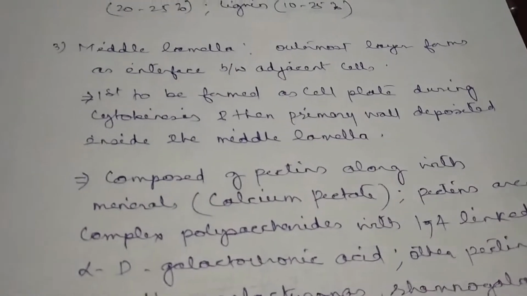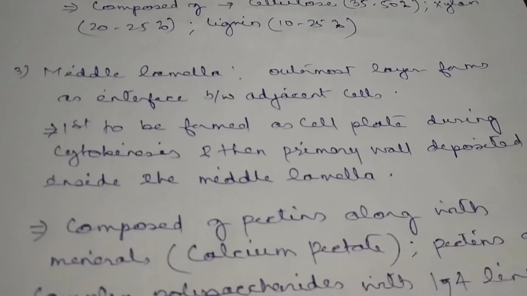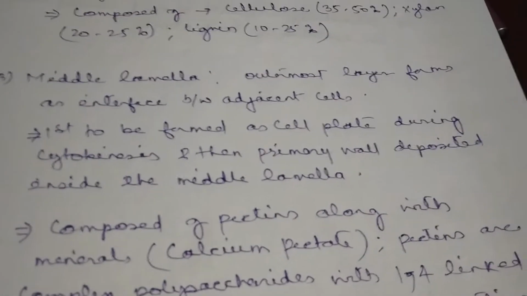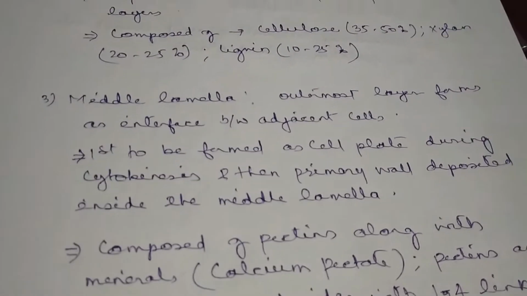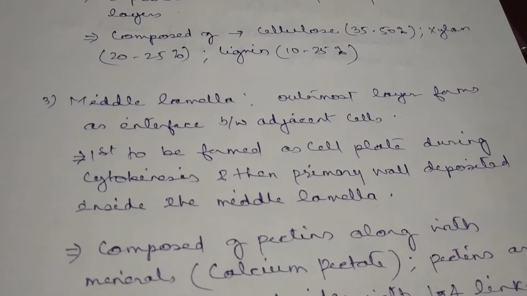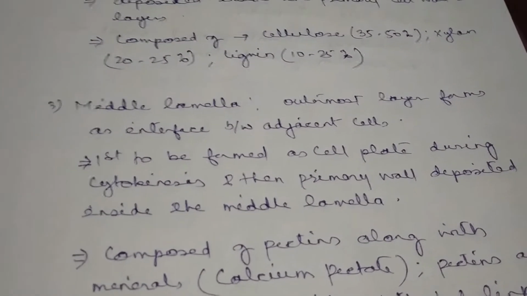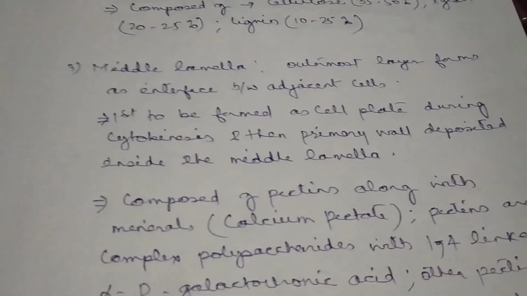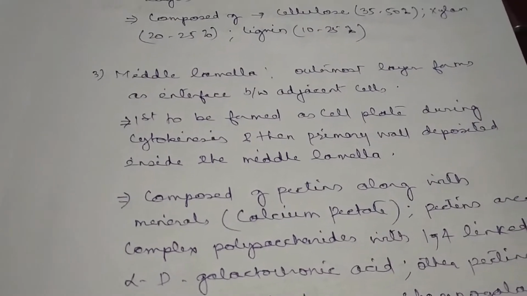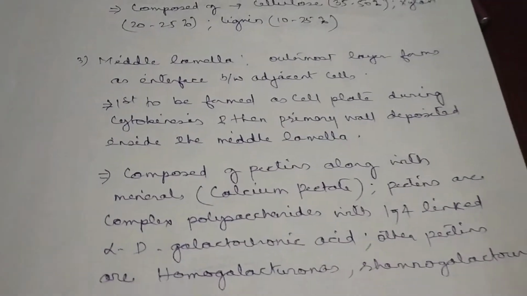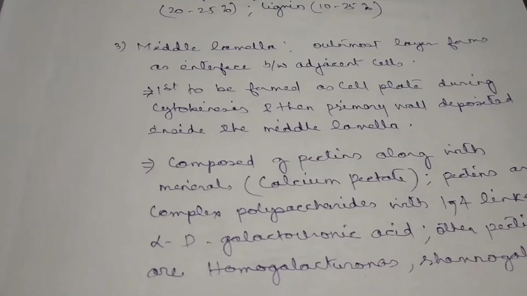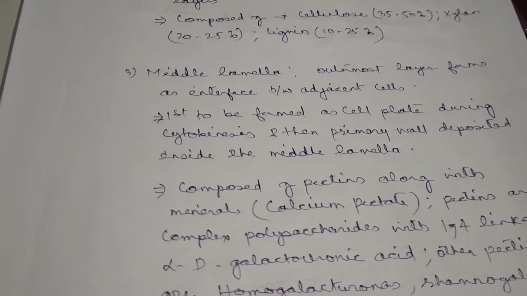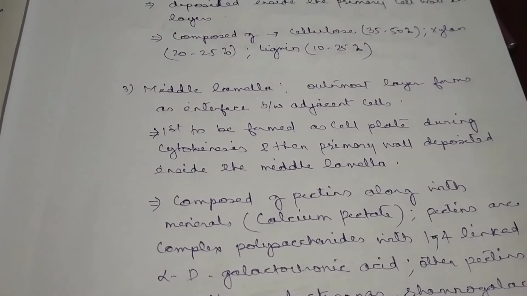A cell plate is formed by the vesicles. They are formed in the center, then extend to the periphery during cytokinesis, and their primary wall is deposited inside the middle. They're basically composed of pectins along with some minerals. And pectins are complex polysaccharides. Again, the linkage is alpha-1,4 linked alpha-D,